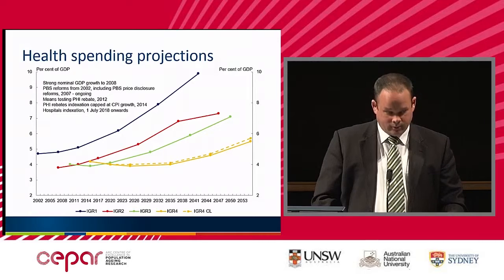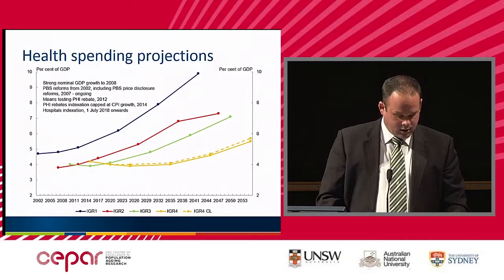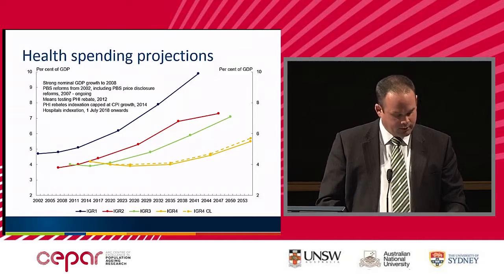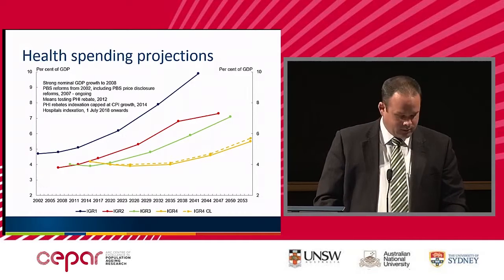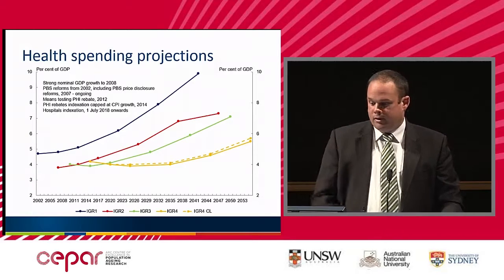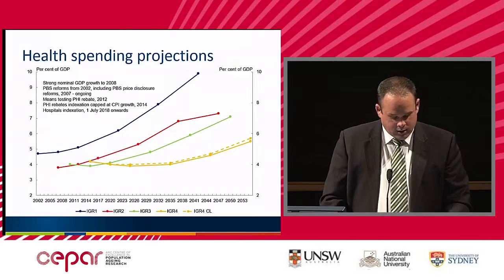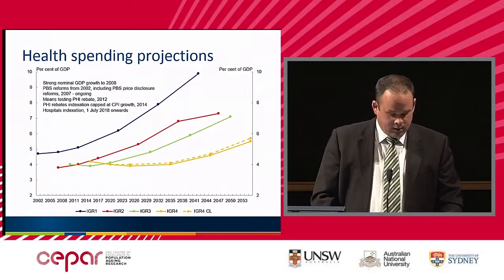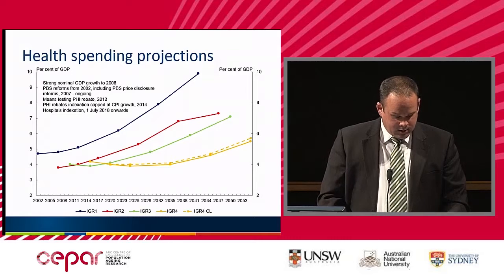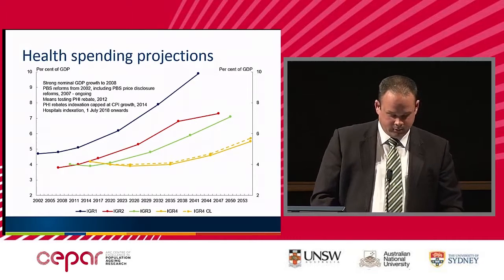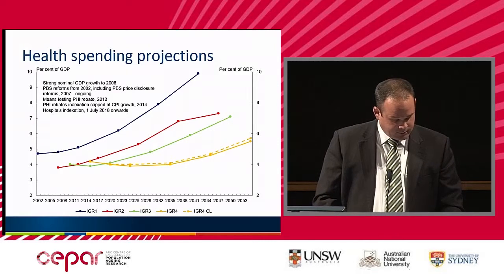I think there's two sets of takeaway messages. First, there's been positive surprises in terms of the size of the economy, strong nominal GDP growth from the mining boom, a larger and younger population, higher than anticipated participation, and all of that amounts to a very important effect that operates in the background here. But the second set of things to note is the success of policy changes, in part spurred by IGRs and specific measures that have been taken in the budget context over the years, which have helped keep spending on a more sustainable trajectory or delay the onset of spending pressures.